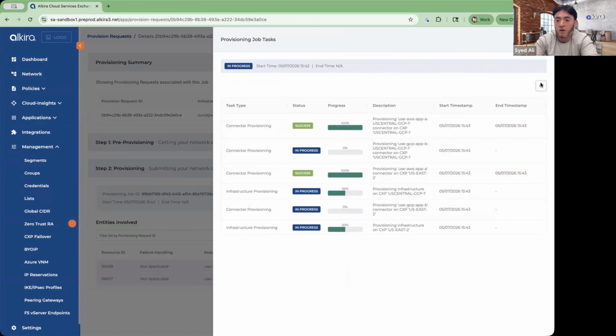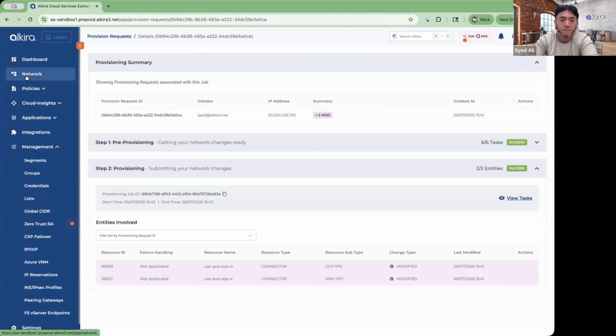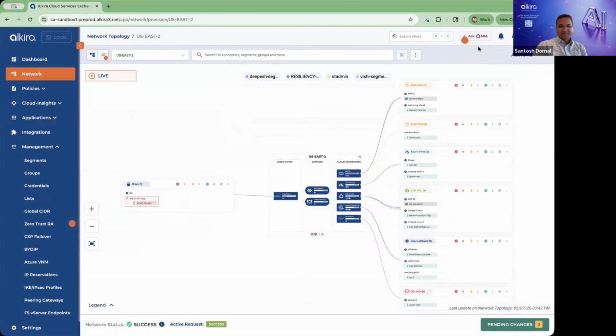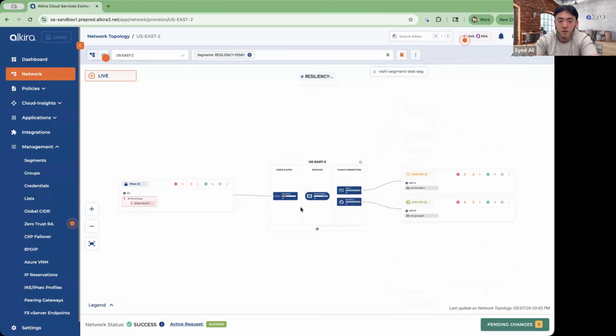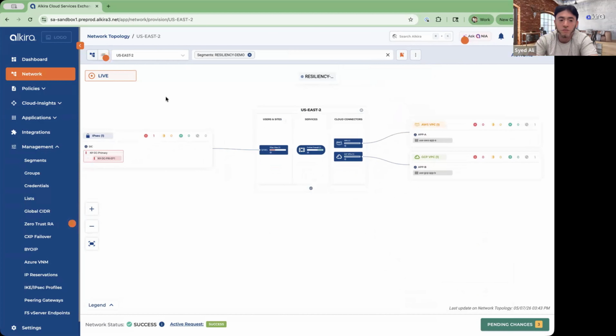As soon as they are complete, what we can do is go back and see, back to my resiliency demo environment, that this is down. And if I click on any of these, the health is grayed out because it's in the DR phase.